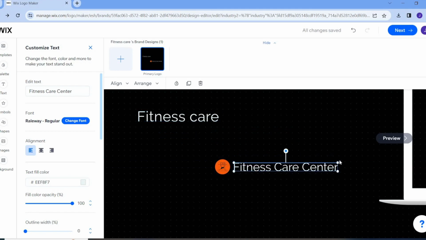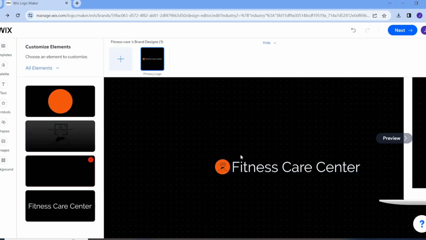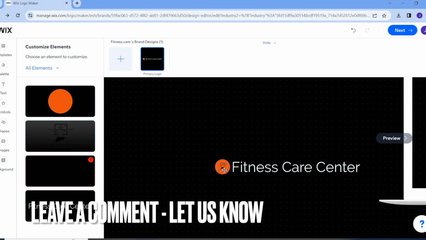If I increase it, okay, as you can see guys, my text has been totally changed in my logo. So this is how to change text in